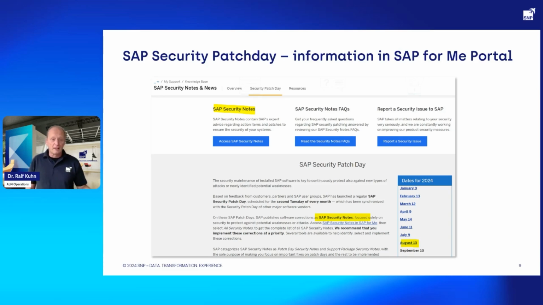Indicated here on the slide, you can check the current security patch day and security patch days in the past, directly navigate to that patch day and the published security-related information, and check if these recommendations